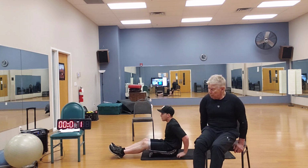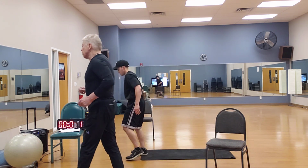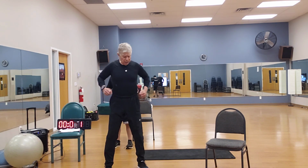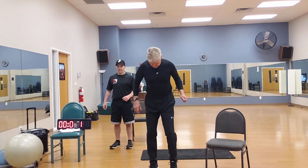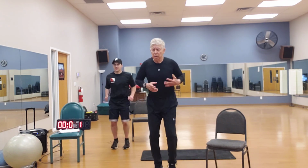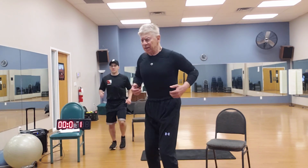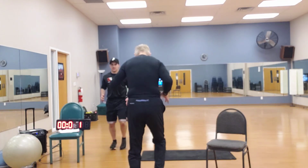Okay, everybody stand up. We're jogging for 30 seconds. And then we're going to go back to that. We're going to do 5 more of those planks. So let's get ready here. Now again, up on the toes, no flat foot. Up on the toes, go. Good. Everybody's moving. Keep those knees up. Keep your head up. Keep your shoulders back. Tighten that stomach up. Good. Looking good. Everybody's